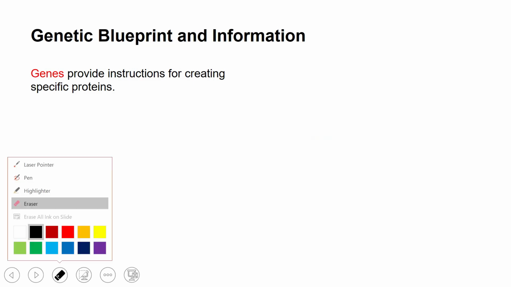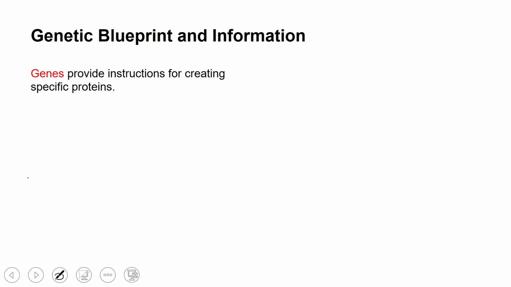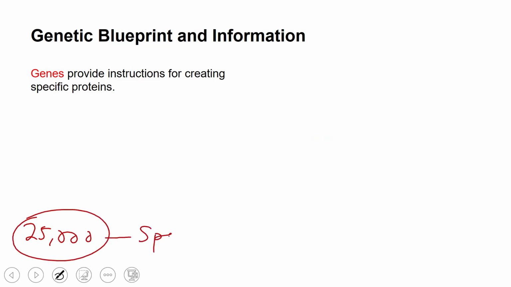So let's look at the genetic blueprint and information. Genes provide instructions for creating specific proteins, as I mentioned. There are genes in the DNA which are responsible for producing specific proteins. For example, in humans we have approximately 25,000 genes, and each of these genes is responsible for creating specific